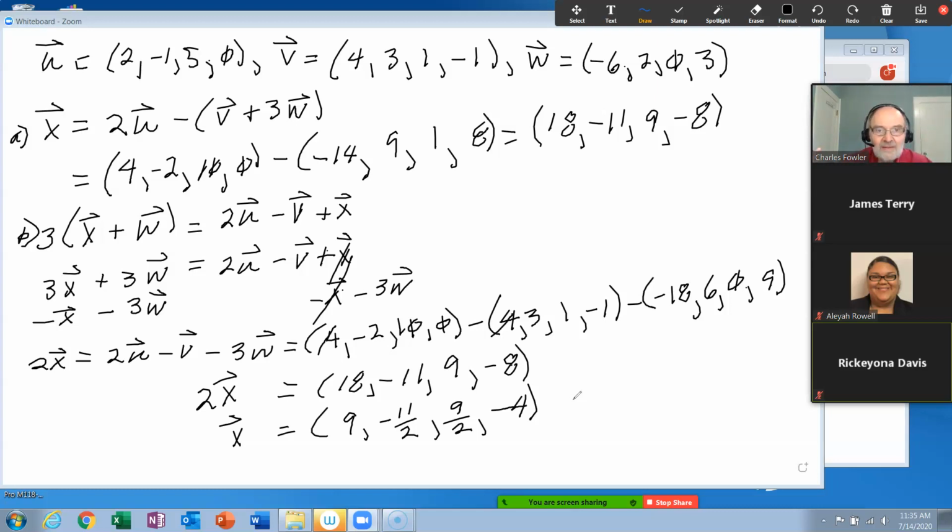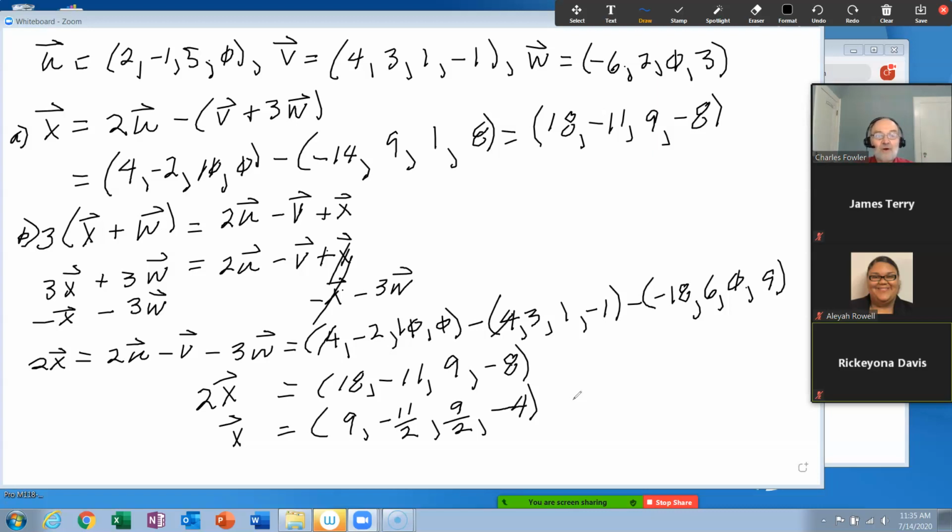All right, top of 157 starts off with their favorite zero vector again. Now the zero vector in Rn, just like it is in R1 and R2, in R1 it's the number 0. In R2 it's the ordered pair 0, 0. In R3 it's the ordered triplet 0, 0, 0. You get the idea. It has no magnitude and no direction. So it's not a very good vector, but you have to have the zero vector there.